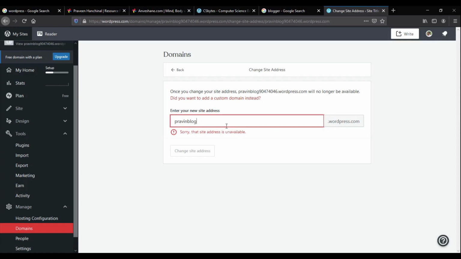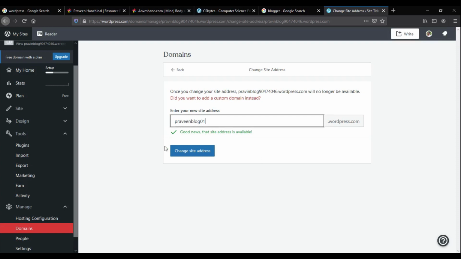If it is not available, try some other name, like Praveen Blog or any name which you prefer, whichever is easy for you. This has also been taken by somebody. So what I can do is say Praveen Blog 01. Okay, this is available.